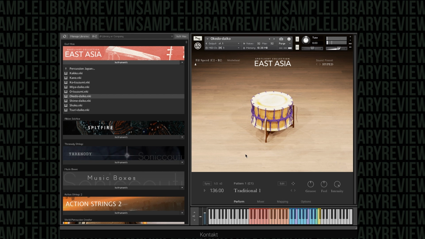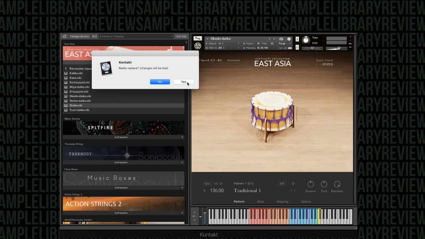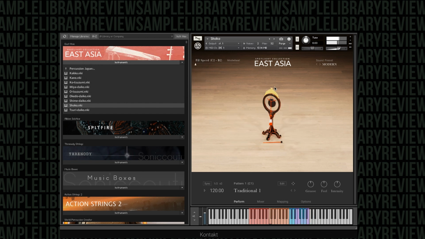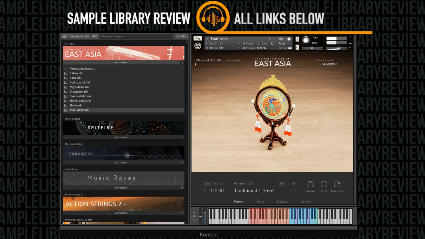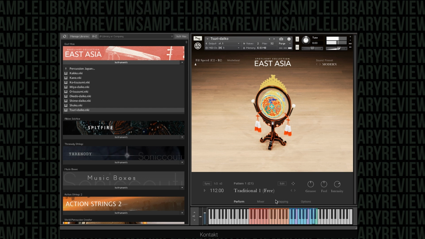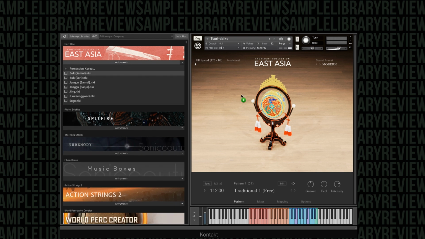We could maybe CC that to get performances out of it. Yeah, these are really nice sounding. A lot of bite, space, and